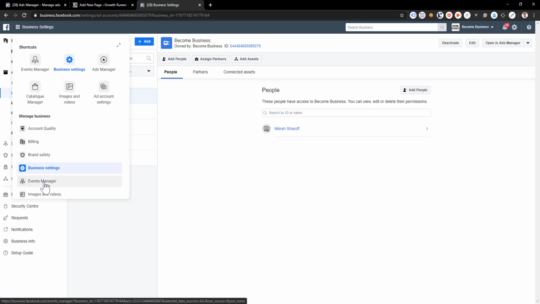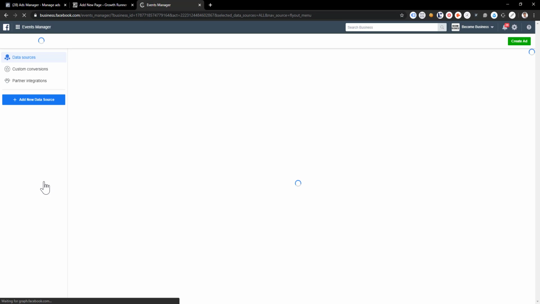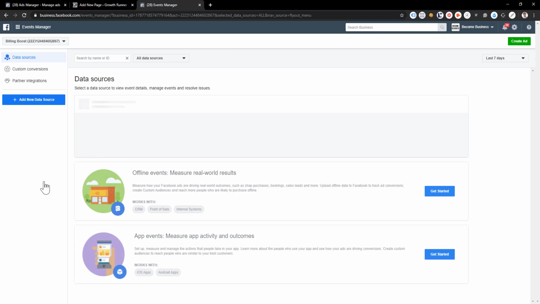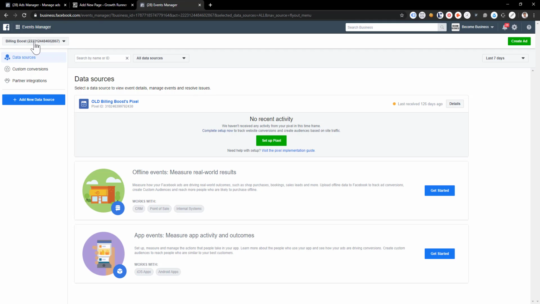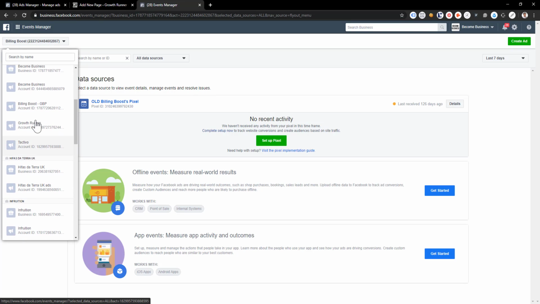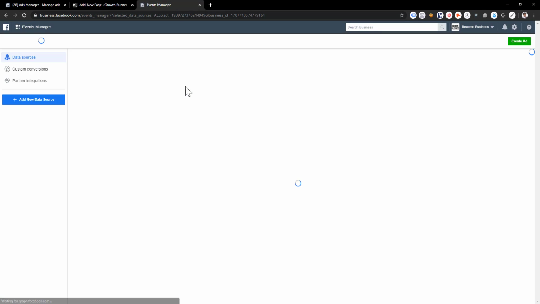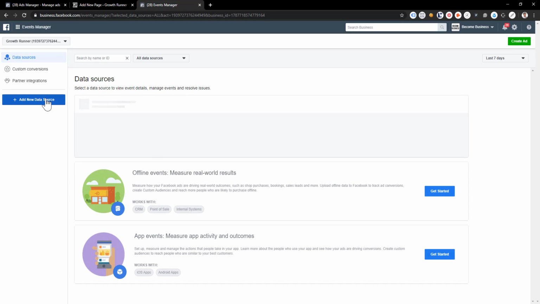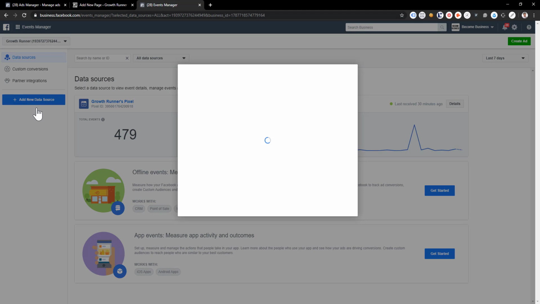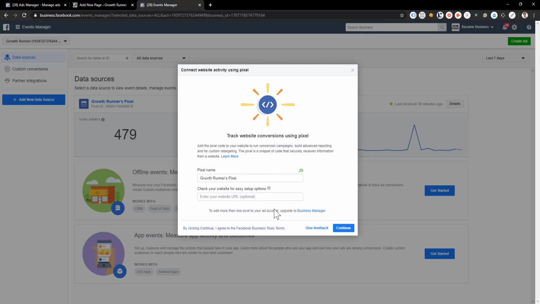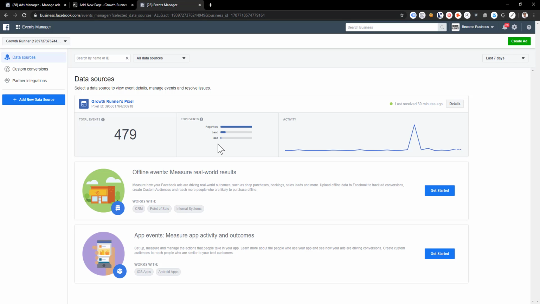We're going to go into Events Manager. And within here, you should see a pixel. So maybe I'll just switch the account so you can see the one that I've been working with now. If you do not have a pixel, if you click on Add New Data Source, Facebook Pixel, you should be able to add one in, and it'll quickly create a pixel with a number that you're going to need, and that's pretty much what we were doing previously in our tutorials. So you can see my pixel's working. I'm receiving events, I'm receiving things going into it, and what I do is I associate that with my account,